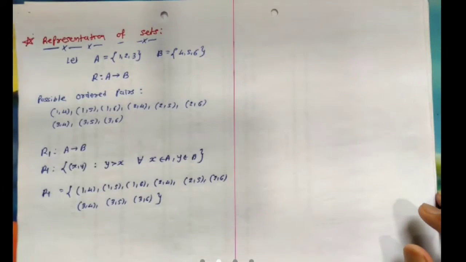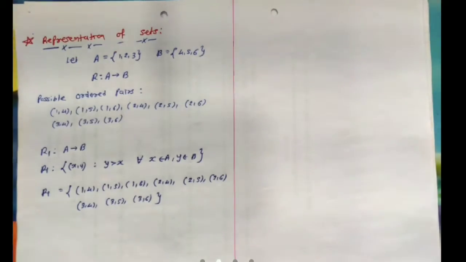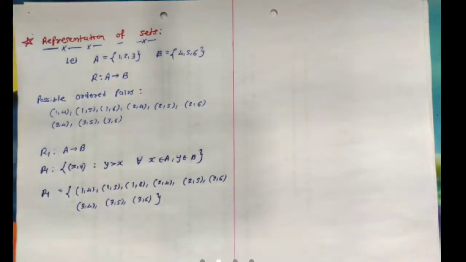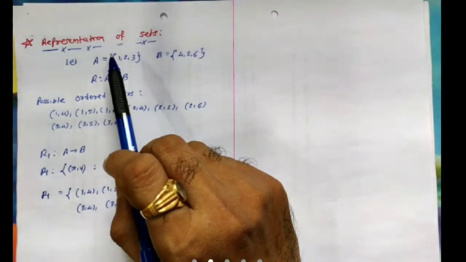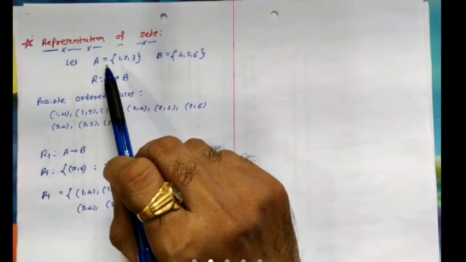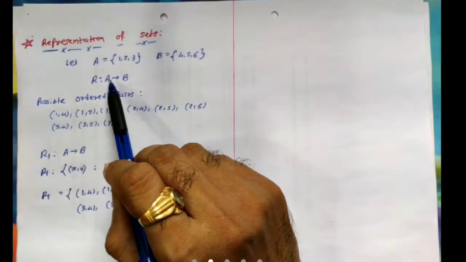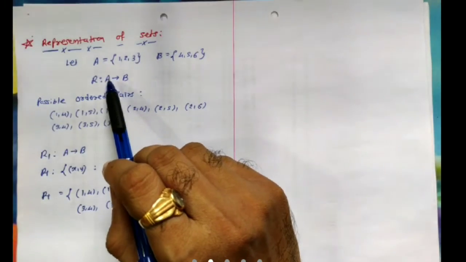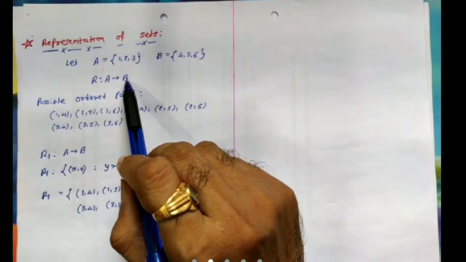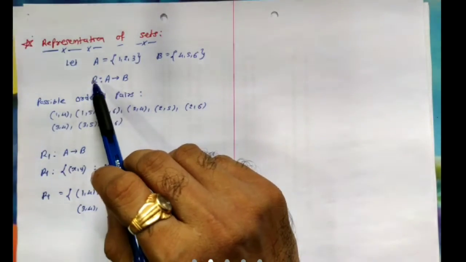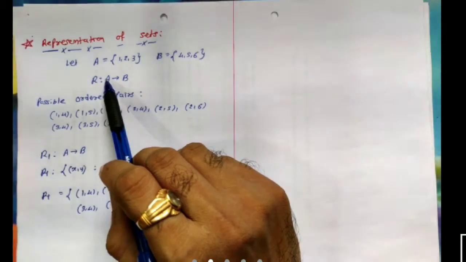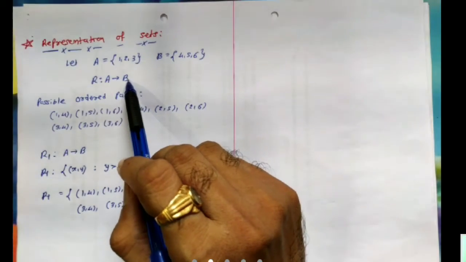Yesterday we discussed relations. So in that relation, we discussed that to define relationships we require at least two objects, and to define the relationship we consider two sets, and we have defined the relationship between elements of set A with elements of set B, which is written as relation R from set A to set B.